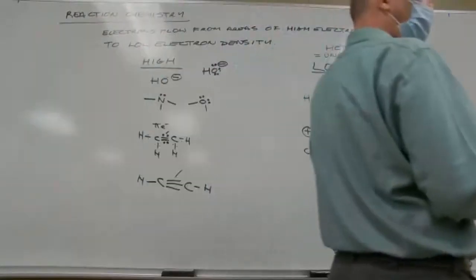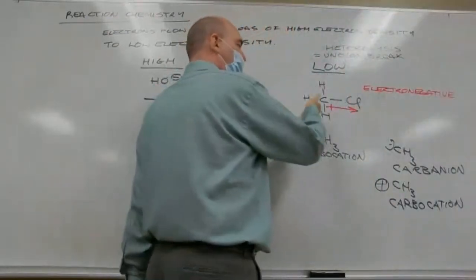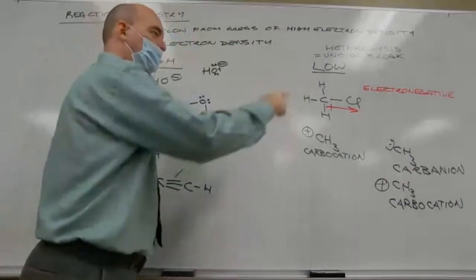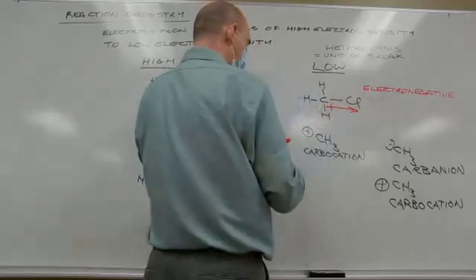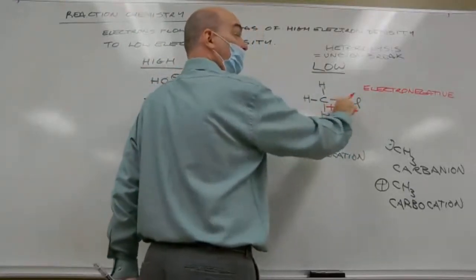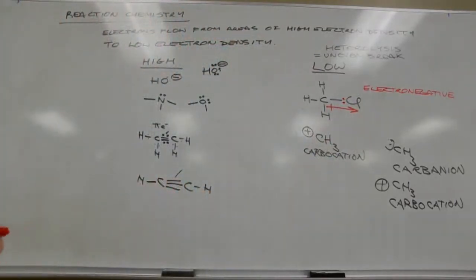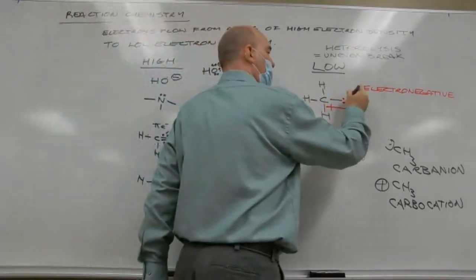Electronegativity is the ability to pull electrons towards yourself within a covalent bond. Chlorine is on the right-hand side of the periodic table, so it pulls it away from carbon. Chlorine, electronegative. Carbon, not. This bond is polar. The electrons are now here, much closer to the chlorine than they are to the carbon, which makes the chlorine a little bit